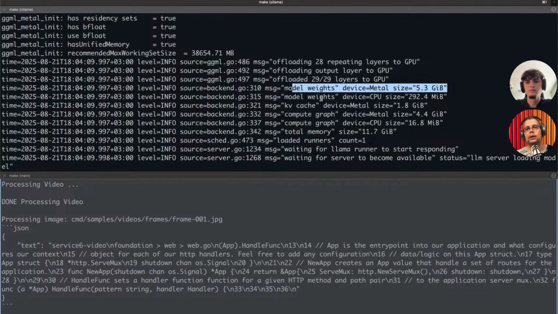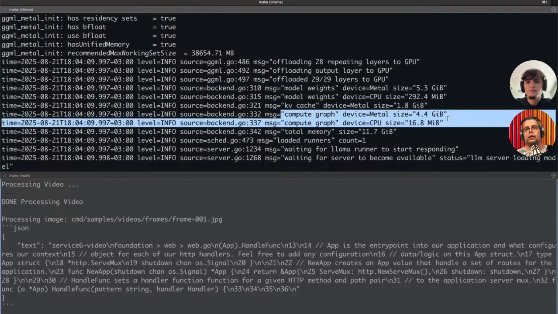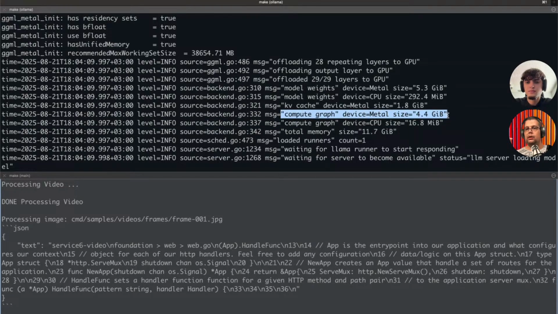Just the model weights, and then it assigns some to the CPU as well because the CPU still needs to do some work. And then there is some computation graph that will happen based on your maximum context size and all of that, just to make it able to run faster. So in our case, we are using something like 5.3 gigabytes plus 4.4 for a total system memory of